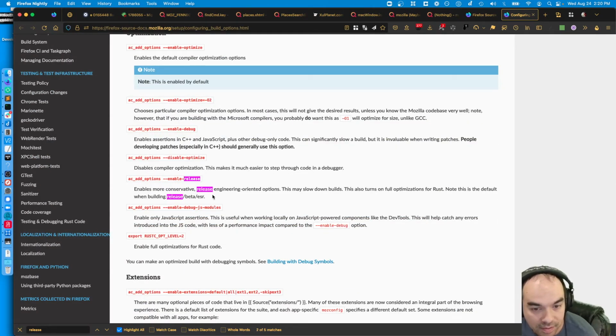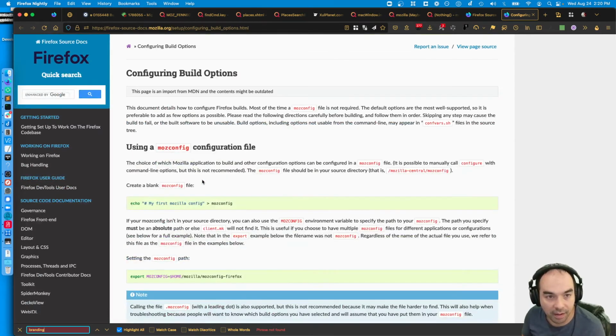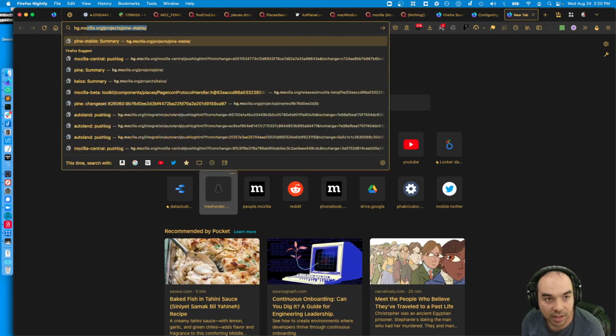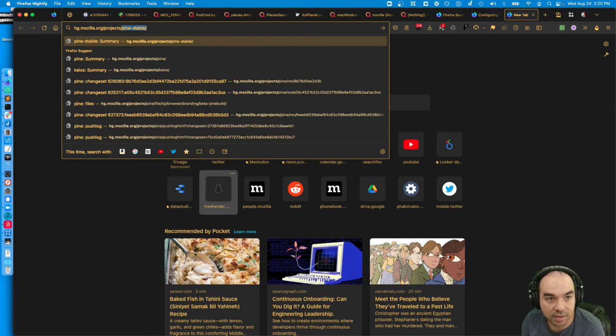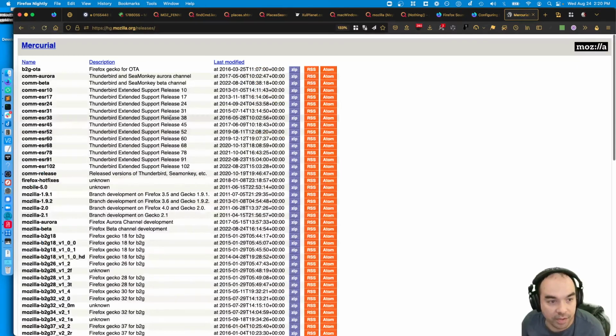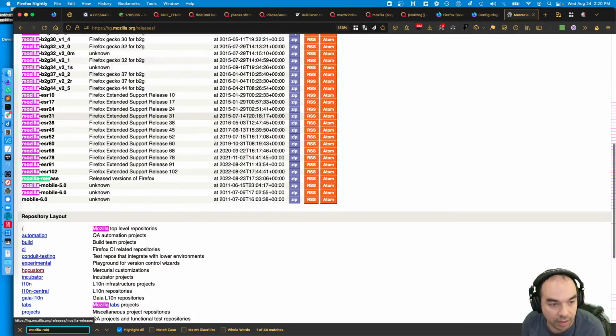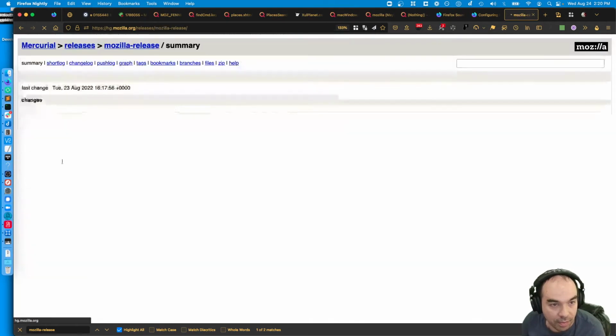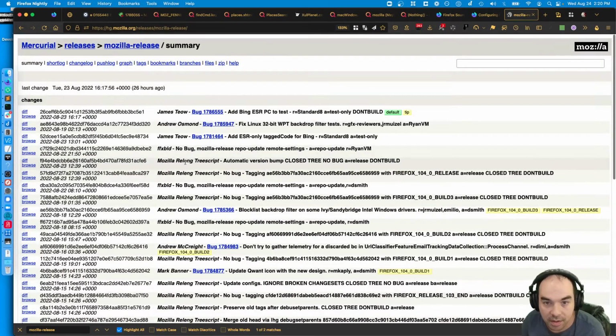Enable release. And then like branding. I think what you want to do is use the hg.mozilla.org projects or releases rather. And then there's a Mozilla release repository. This is the repository you want to use.